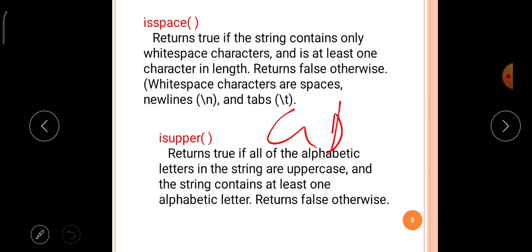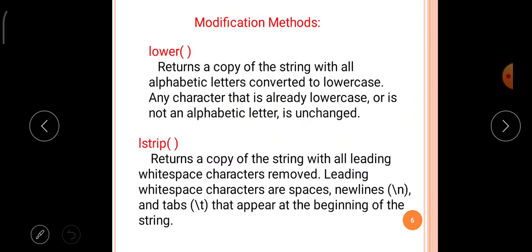Otherwise, it returns a false value. That is how the isupper function works.